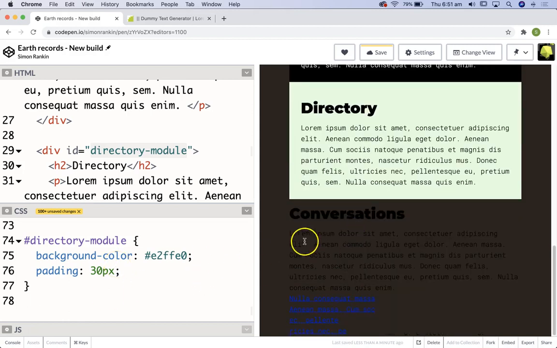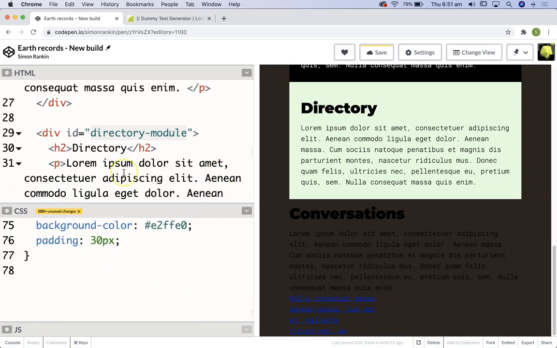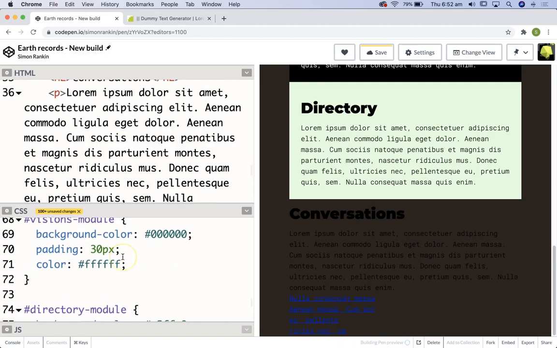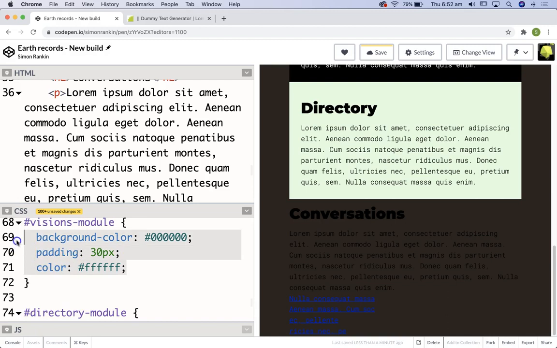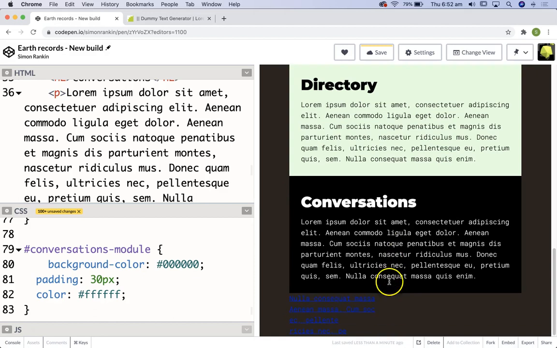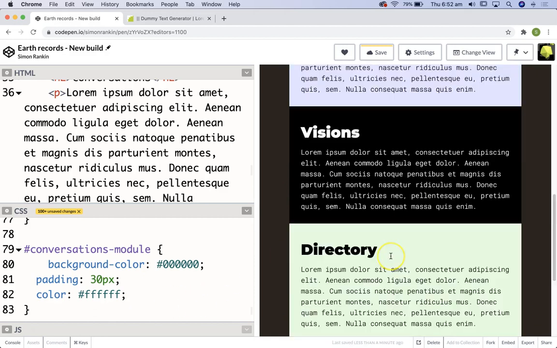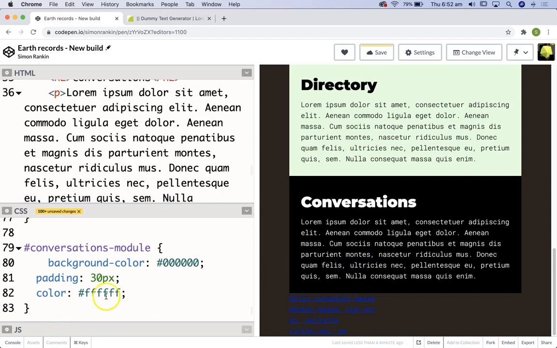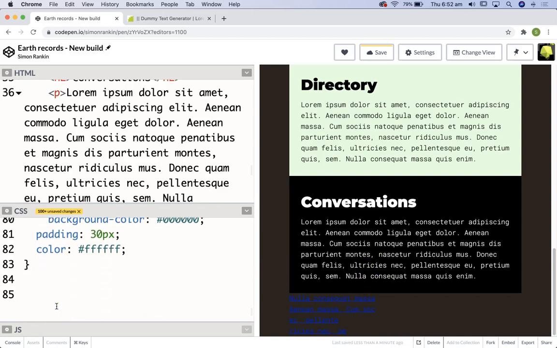Conversations module again is a reversed out module, so I might copy and paste for that too. Copy and paste from the Vision module. That's what we need there. Looking good. And the final module on the page, before we come back and do some background images and finish off,